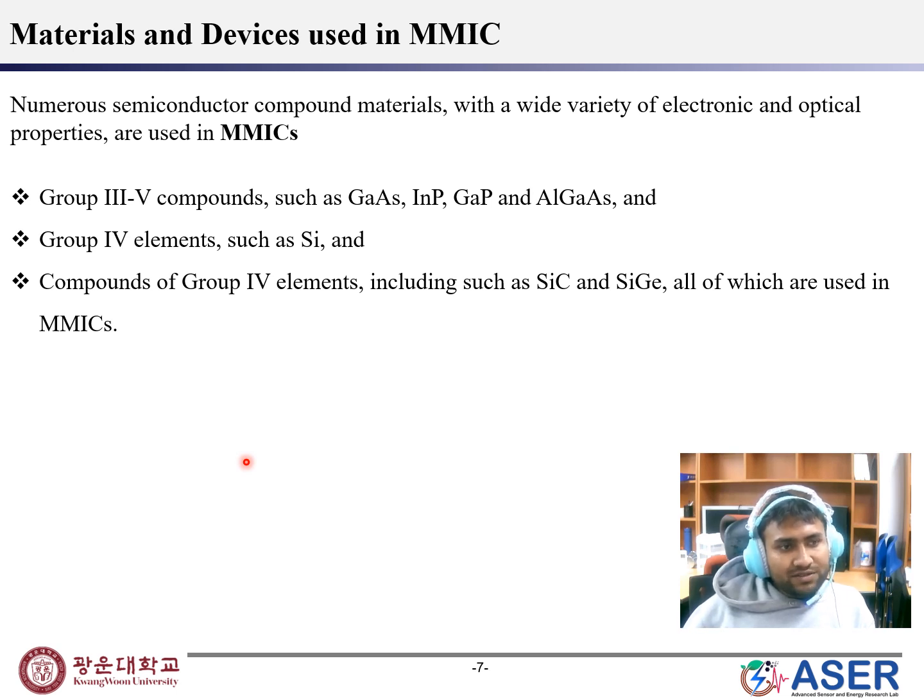Group III-V compounds such as gallium arsenide, indium phosphide, gallium phosphide, and aluminum gallium arsenide, and other group IV elements such as silicon, and other compounds of group IV elements including silicon carbide and silicon germanium, all of which are used in